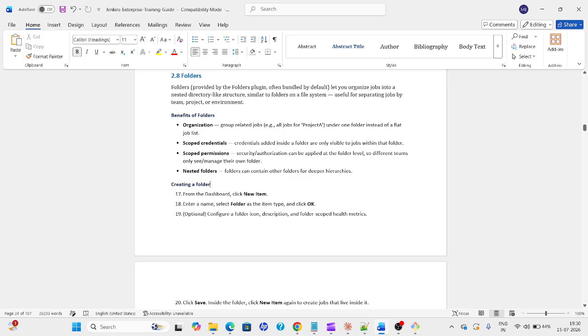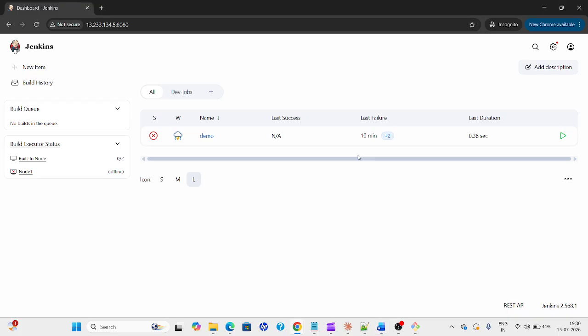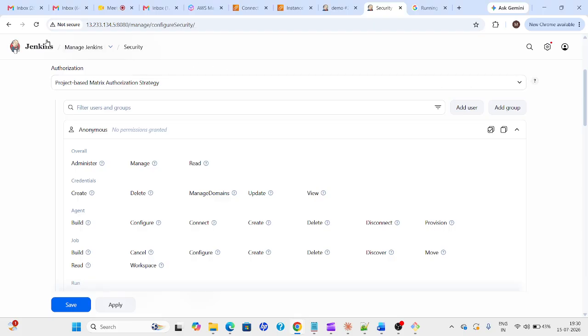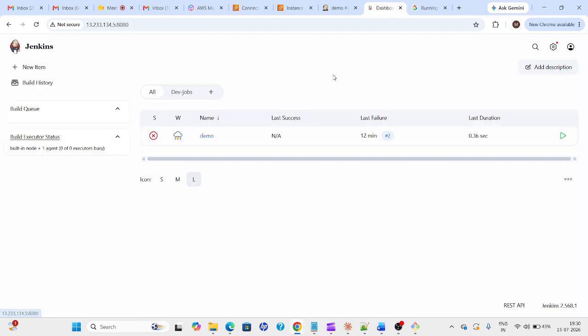Scoped credentials: credentials added inside a folder are only visible to the jobs within that folder. So if you add some credentials inside a folder, then other folders can't see the credentials. Like that we can maintain. Scoped permissions: security or authorization can be applied at the folder level. So different teams only see or manage their own folder. So only that particular folder, whoever has the permission for that folder, they